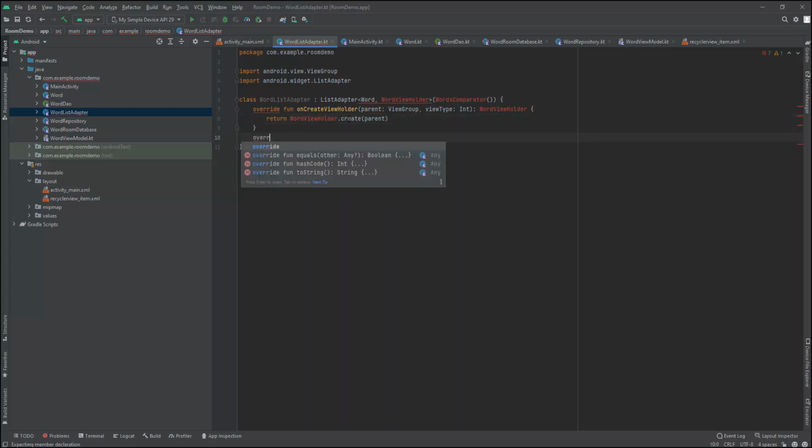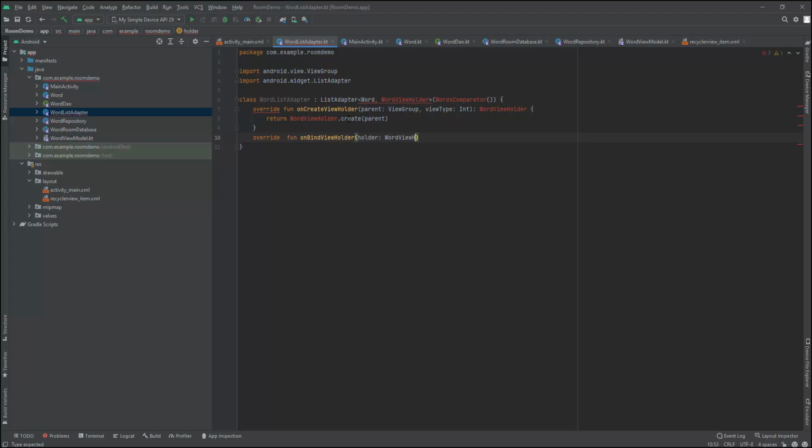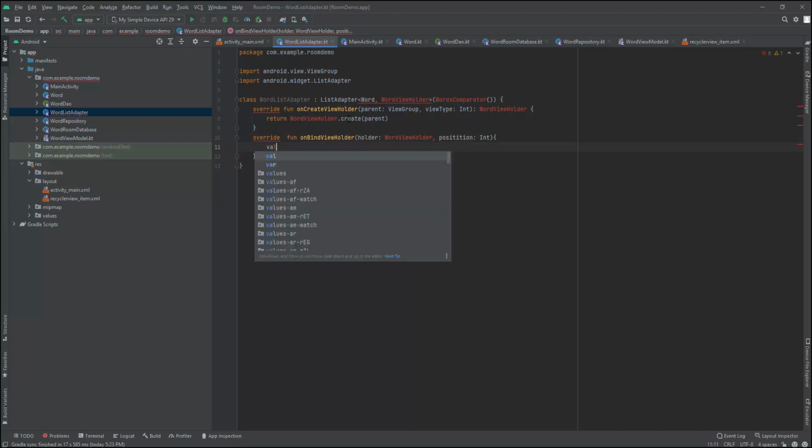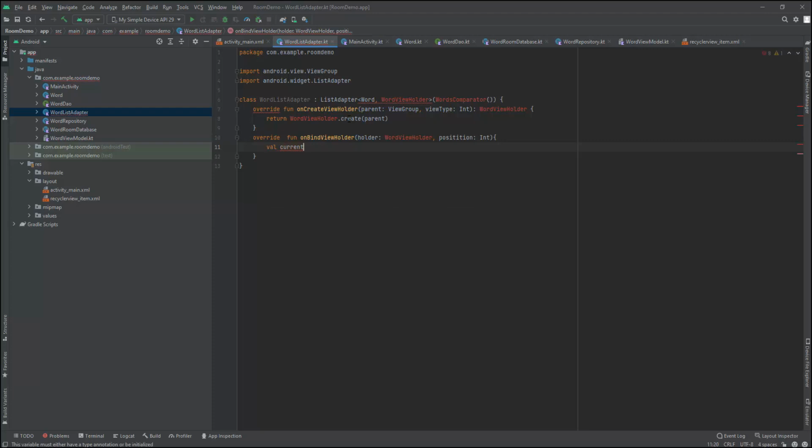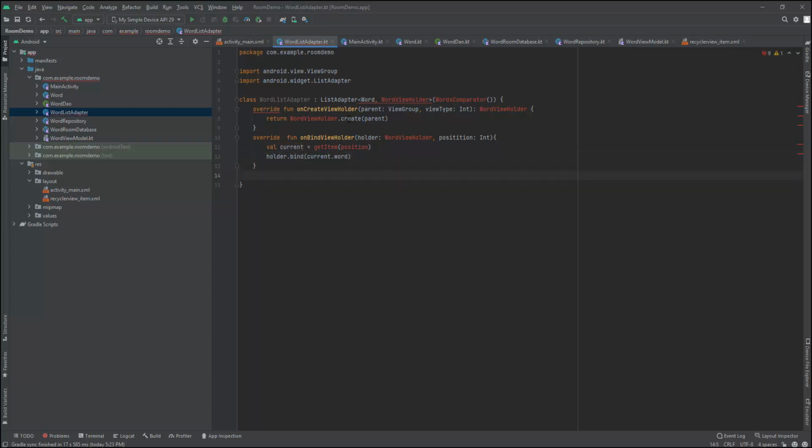And the next one is I'm going to override the function on bind view holder, which will take word view holder and a position as int. And for this, we'll have a variable called current, get item position. This is all just to set up the Recyclerview. So next we'll do holder.bind current.word. All right, now we have our word view holder class,